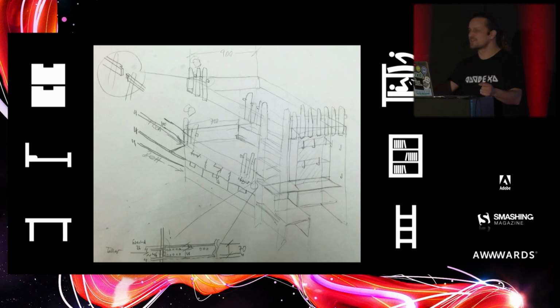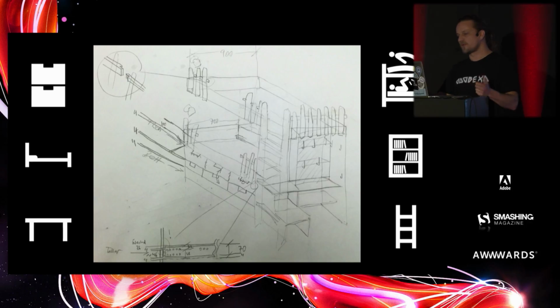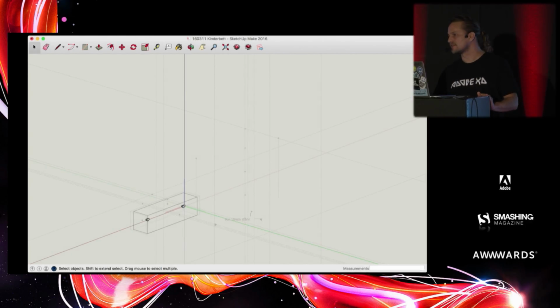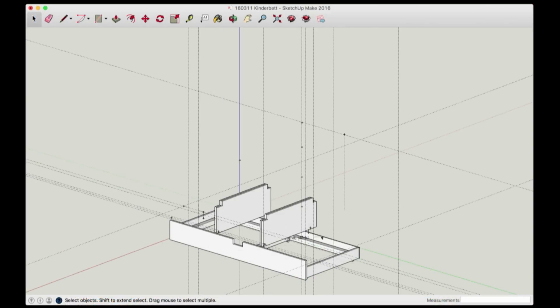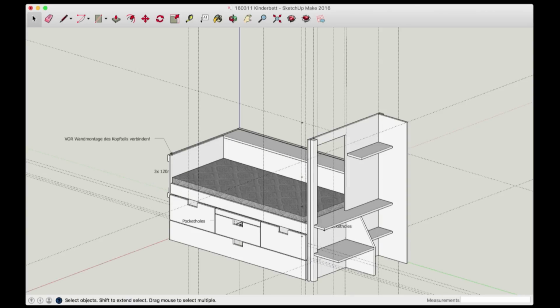But I'd become so familiar with my cumbersome workflow. And yes, I did try to switch to CAD, 3D-aided design tools before, but I never really figured out how that worked. Up until that day, when I found a YouTube video of a carpenter explaining SketchUp through the eyes and hands of a carpenter. With that narrative, I immediately understood how to use that tool for my woodworking needs and began designing the bunk